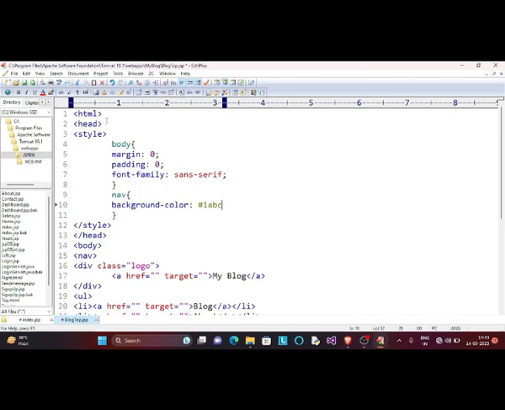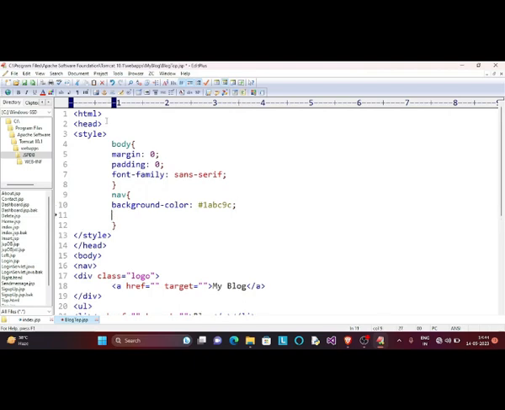So generally that stands for 1ABC9C. It's a very popular color. CSS people know about it. 1ABC9C. I use that,